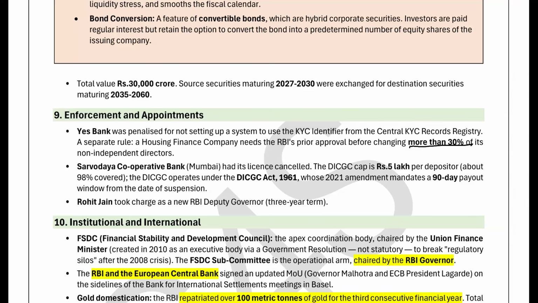ये याद रखो. Third, Rohit Jain took the charge as the new RBI deputy governor. Surely the question will be different. Which Rohit Jain, 3-year term. किसका? कितना deputy governor का? 3-year term. और अभी governor कौन है? Sanjay Malhotra. Please have a look of it. ठीक है? Now,